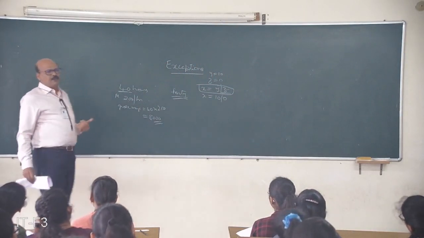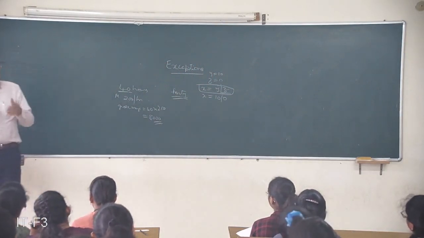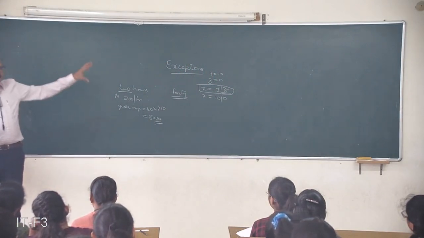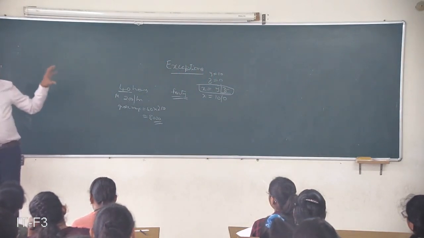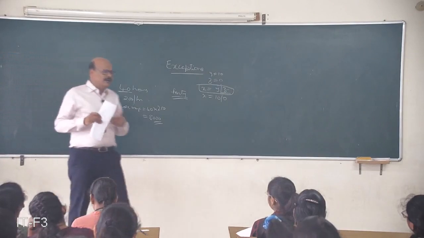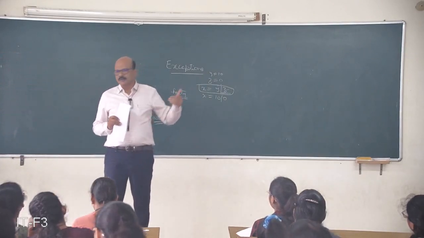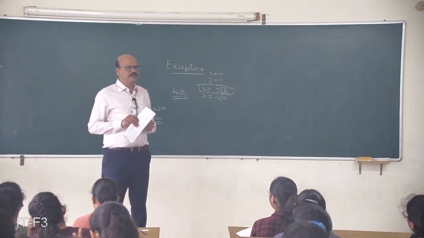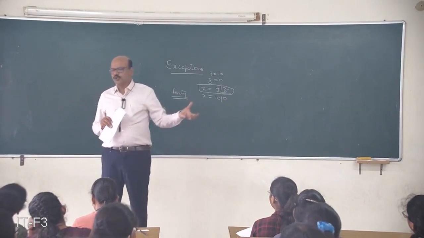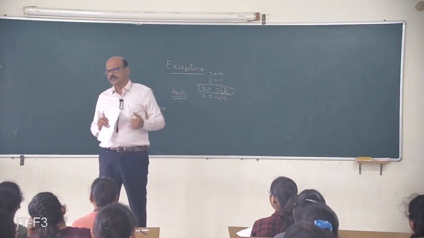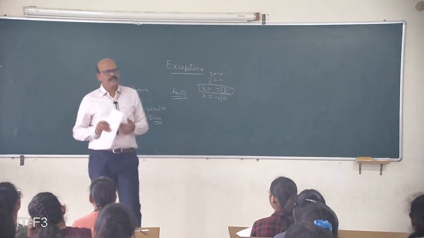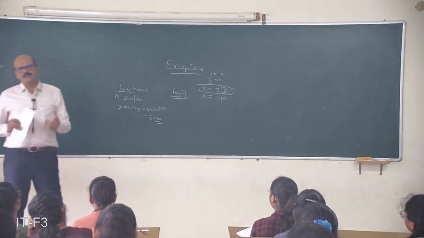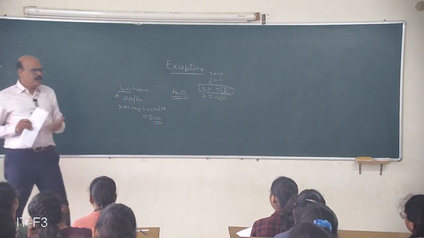When we write programs, as a programmer, you should foresee, say I have written 10 statements, so for the first statement you should visualize: when you run the program in this context, if this is the input given by the user, this may lead to so and so exception, or this may lead to so and so exception. Already, without knowing much about exceptions, I think in first year you might have done that.